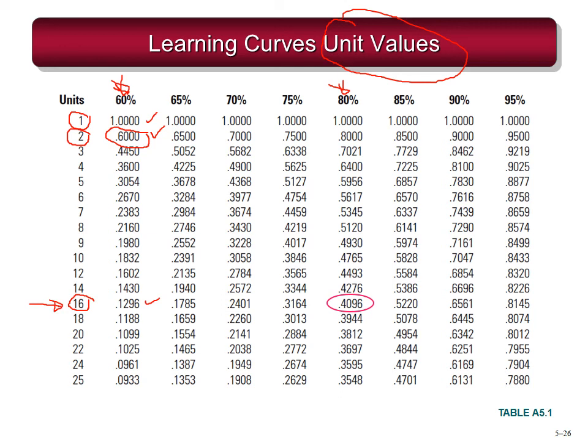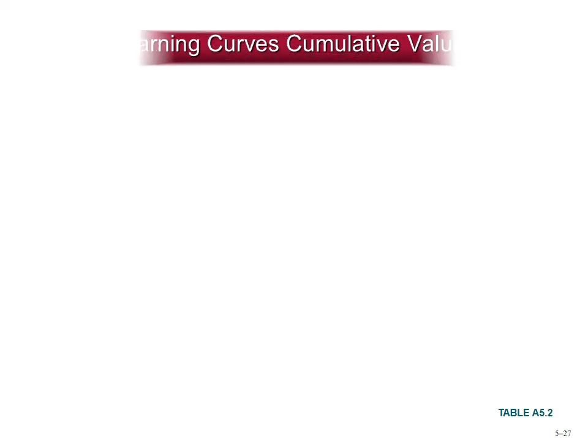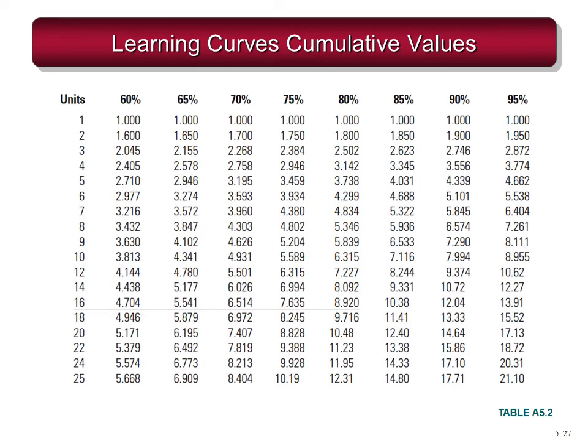Now in the next slide we'll look into the cumulative value. Let me go to the next slide. Over here we see the cumulative value. What does it mean? If I take the same example, for 16 units we require 8.9 units of time. If the unit is hour, it is 8.9 hours. So for the production of 16 units, the time required would be